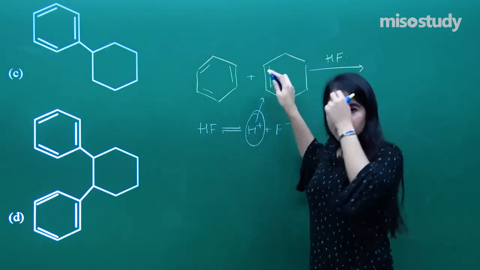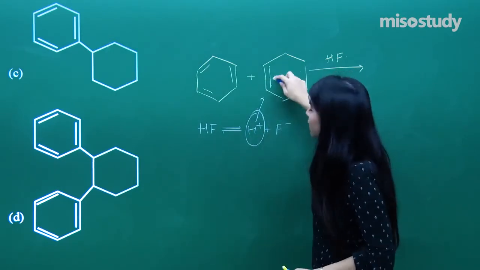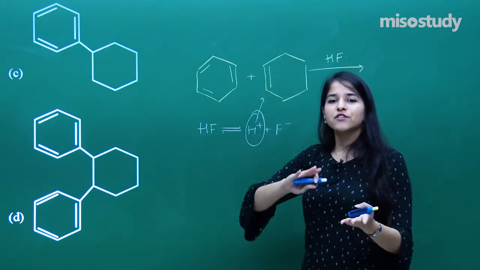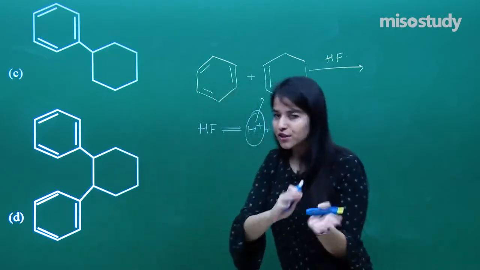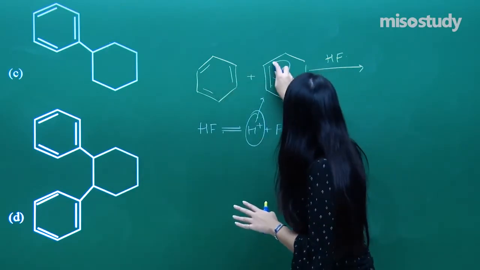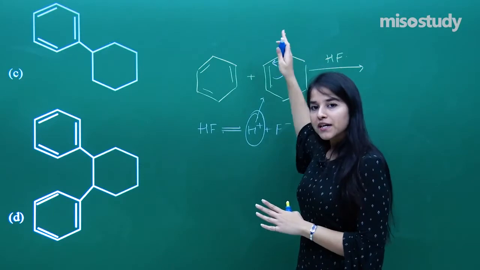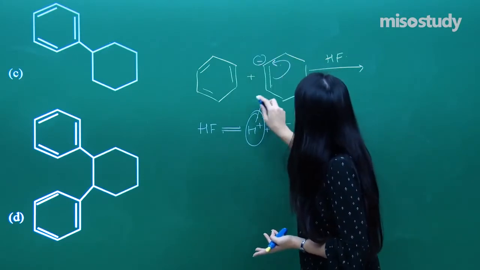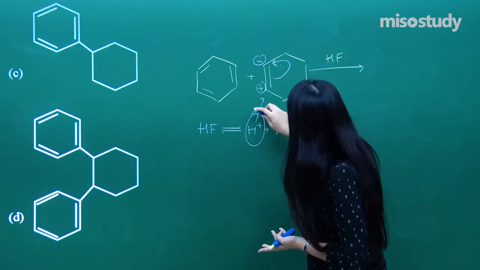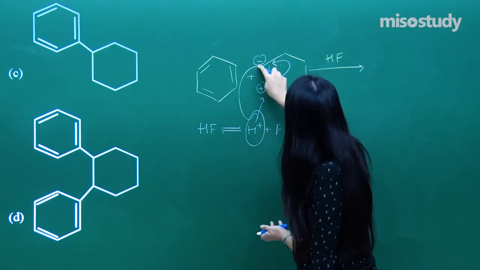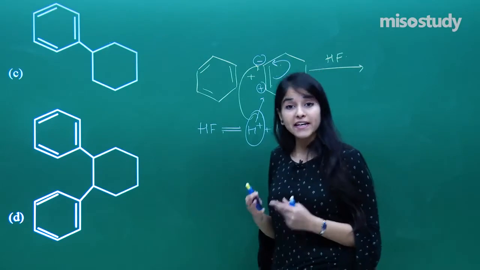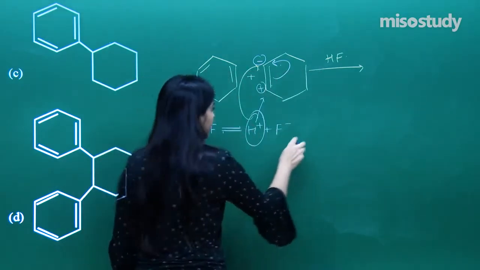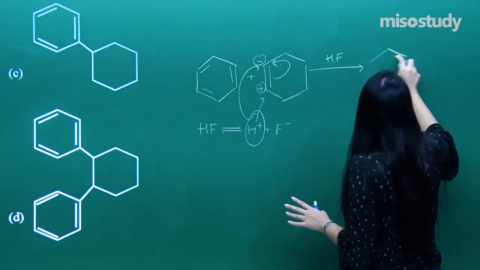So how will it allow? Actually this H positive will be attacking on this electron density over here, and the electron density will move on to either of the carbons in order to have an attack. If I move it to the other side, any of the sides would be similar. So I've got a negative here and a positive here. So definitely this H positive is going to attack here. And what do I get? I have got an electrophile over here now. So the electrophile which has been generated, I'm writing it here.